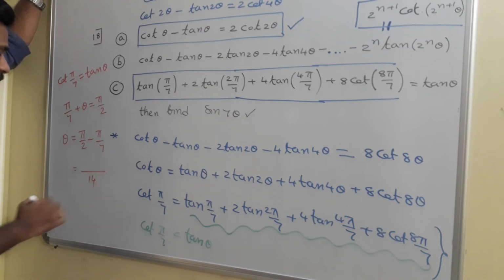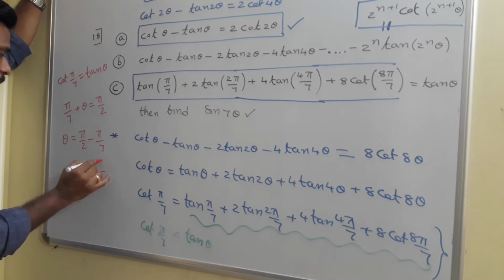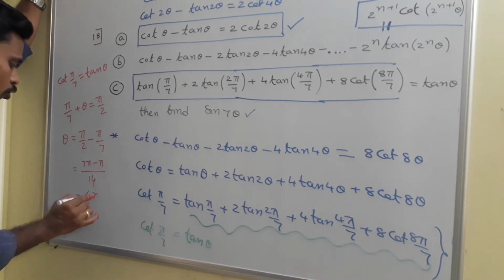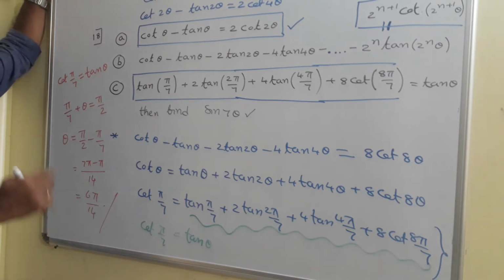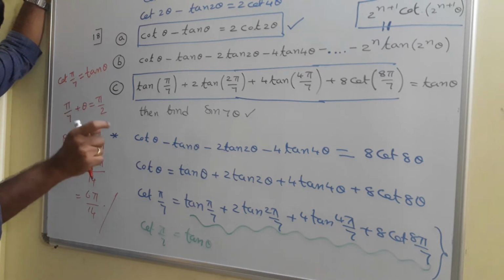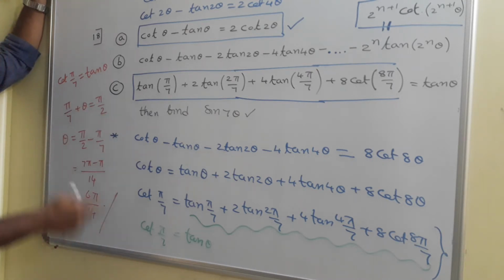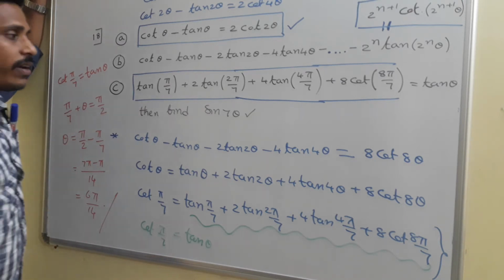14 is the LCM, right? 2 sevens, 7 pi's, 7 pi minus pi is equal to 6 pi by 14. I think it is very clear. See, if tan alpha is cot beta, then alpha plus beta is 90. We discussed it many times. With that logic, the sum is pi by 2 and that theta is equal to 16 pi by 7, and